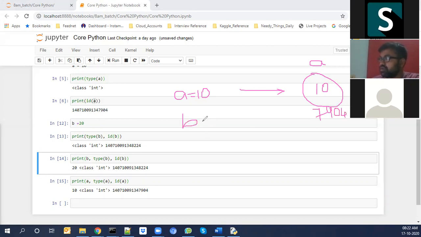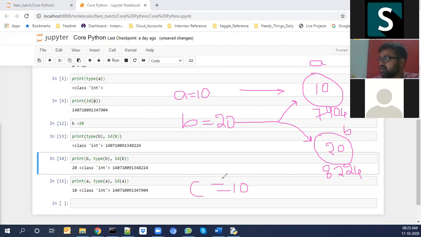Okay, B equal to 20: the interpreter will go and cross check whether any value is already stored with 20 or not. It's not 20, so it will create a new object, B equal to 20, with a new address like 8224.